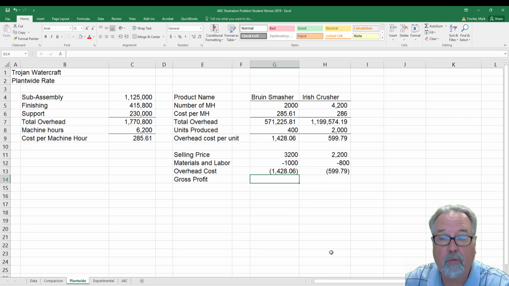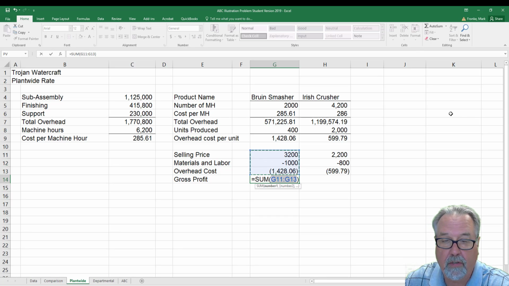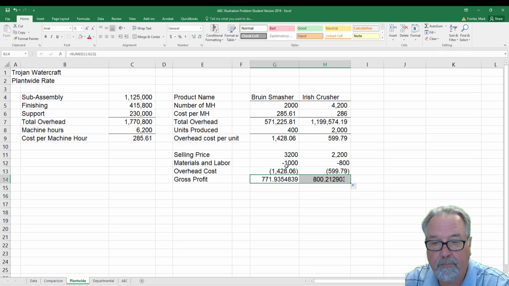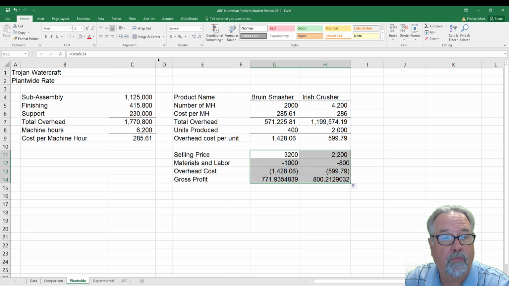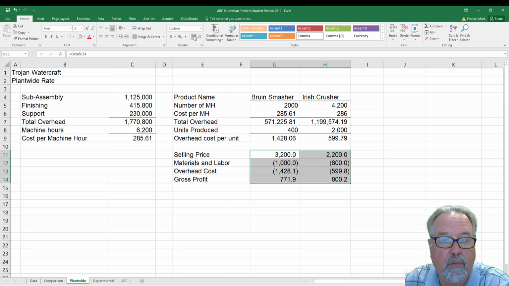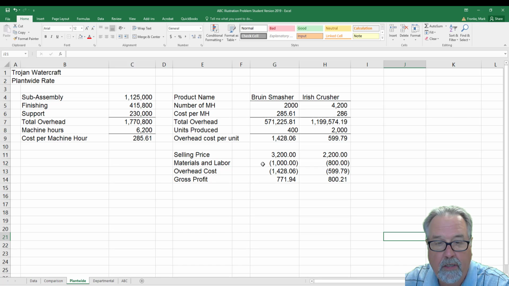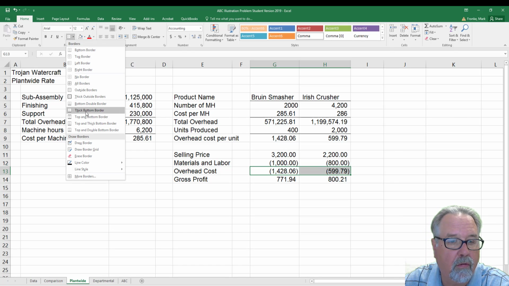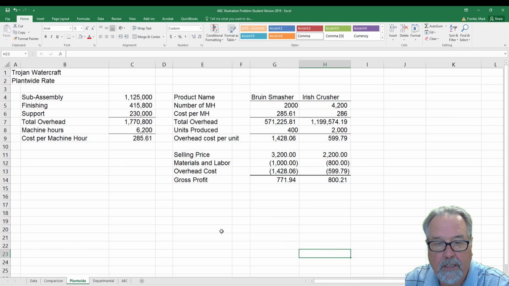Gross profit is going to be the sum of our selling price minus the costs. Let's format the whole thing, we'll leave the pennies. And I need a line underneath here, so I'll put a thick bottom border,